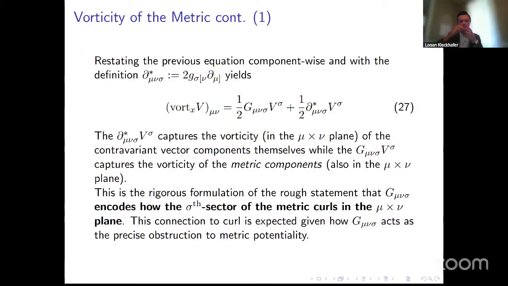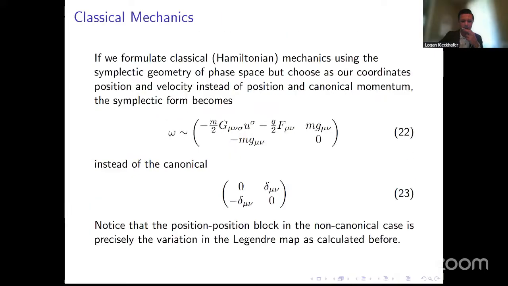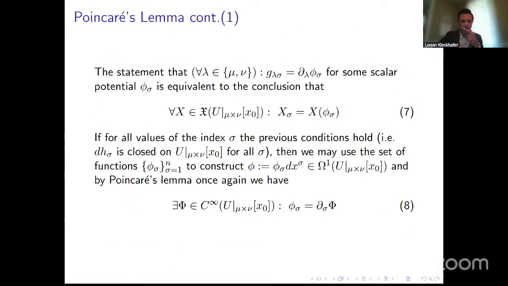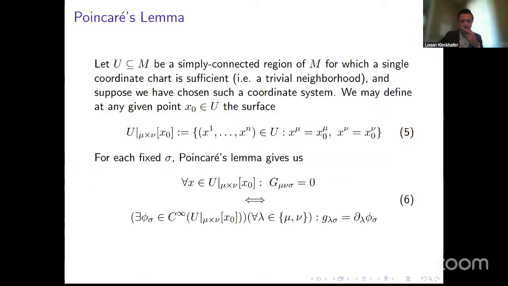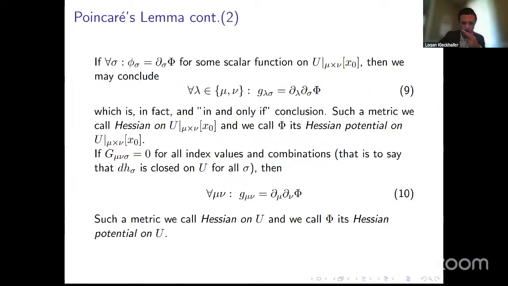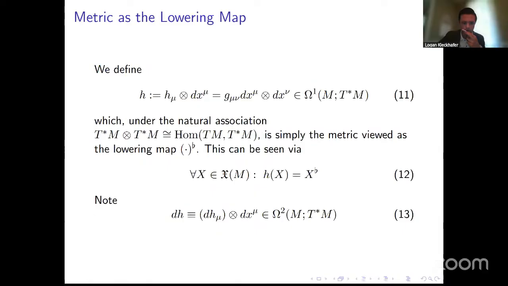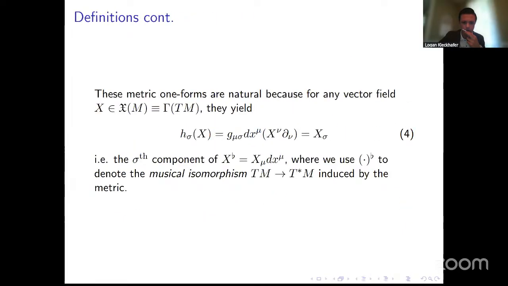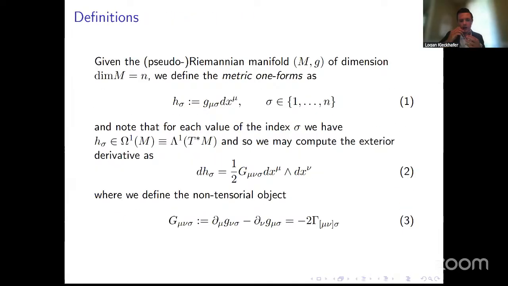Yes, that's what, because back to the metric one forms and the exterior derivative of the metric one forms. Where do I have that? Equation 2. The failure of H sub sigma to be closed is encoded in G because it's the exterior derivative of that. The failure of a one form to be closed corresponds to the anholonomy,